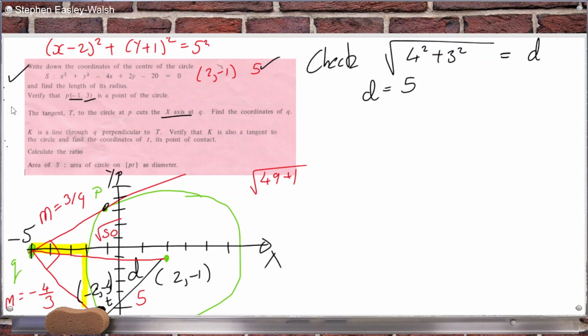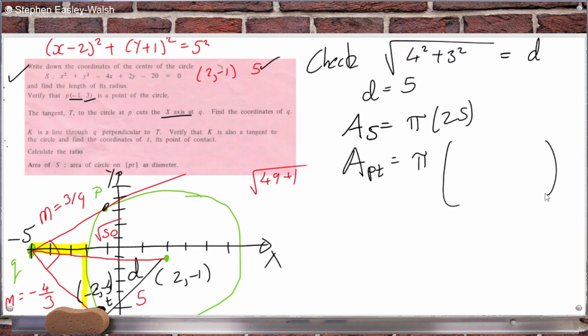area of circle S first. So the area of S would be pi r squared. And then we need to get the area of the circle on PT, which would be pi r squared. So the radius would be half the distance between P and T. So that's square root, and what was P? P is -1, 3 down to -2, -4. So that'd be 1 squared, and then